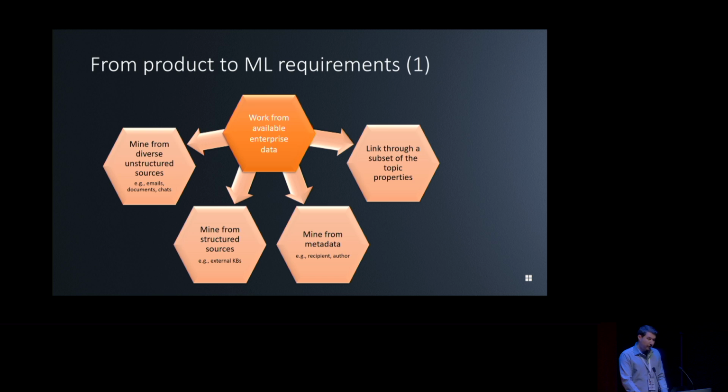You also have to support mining from the metadata, things like the recipient of an email or the author of a document. That information also needs to be included because it's extremely valuable. And finally, because this set of inputs is so diverse, you can't assume that all of the property values will be available to you when you start linking things together. So there will be missing values there. In one case, you'll have maybe an event which has a name, date, and an organizer. In another place, you'll have name, date, and a location, and you have to be able to merge these two. So you can't assume that all values are always available.